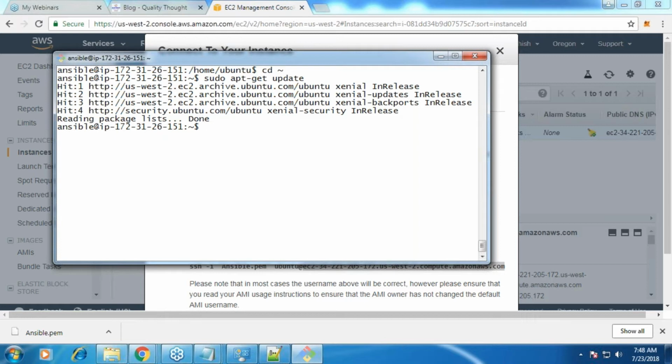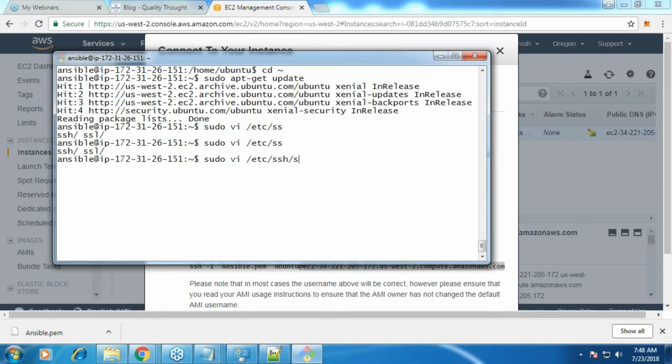We were unable to log in as an Ansible user from outside this AWS machine. So for that, okay, sudo vi /etc/ssh, and there will be a file called sshd_config.